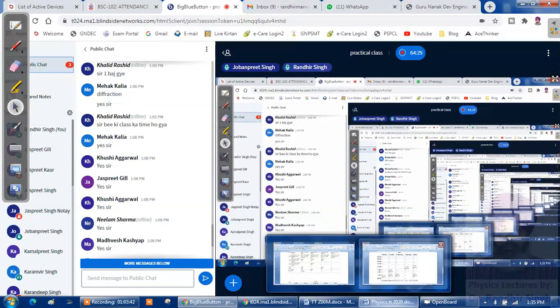Yes, sir. Graph: I will provide you the scanned copy of the graph in the group within a small time. You take its printout and paste it on the practical notebook. Left side, yes, you will paste it near the observation table, because from where you have got these W1, W2, W3, you would paste it there.